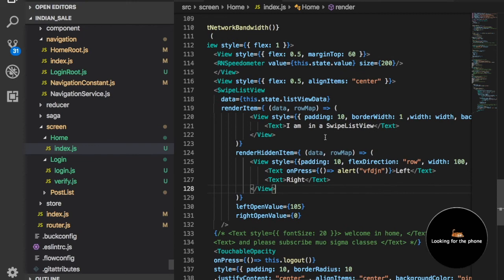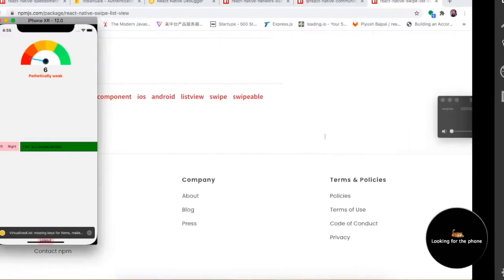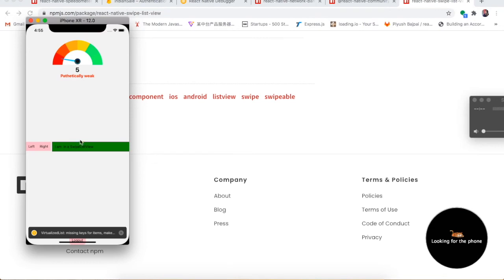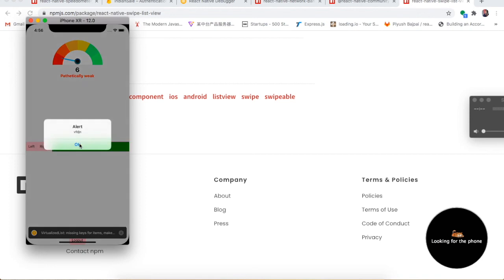Now there is some kind of operation I want to do. Let's say I will have multiple lists here and I want to delete that list data only. So I'll use some states and some data and do some operation on the list. So please watch my next video. In that video we'll find how you can delete the list item by just swiping right, and then if you click here, you will be able to delete that data.